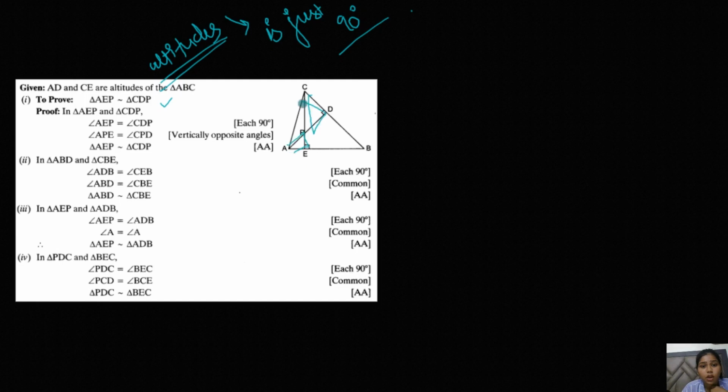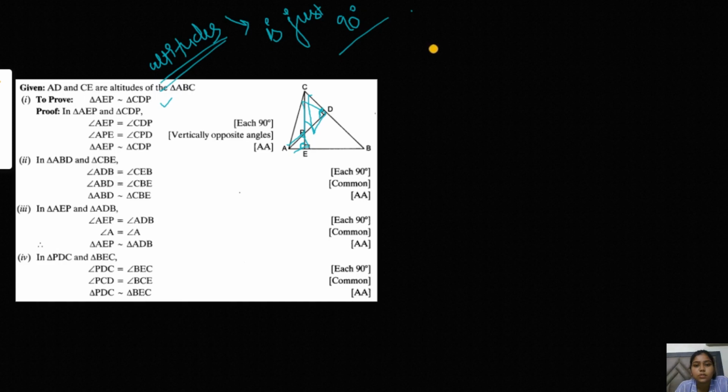So in this particular triangle, basically this angle is equal to this angle, because they are both 90. This is equal to this, vertically opposite. If you don't know about the vertically opposite angle, please go through our class 9th lessons and there will be explanatory videos of vertically opposite angles, alternate interior angles and all the angles which are the basics for class 10th. You will get the full, detailed video there, and you can easily find out what vertically opposite is. And still if you are not able to recall what that is, you can just comment and let me know and I will tell you.